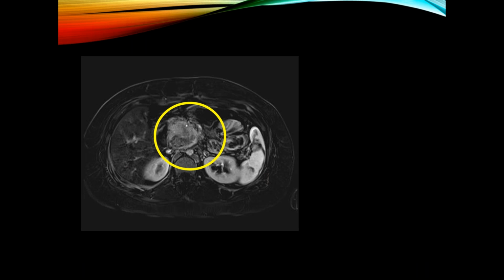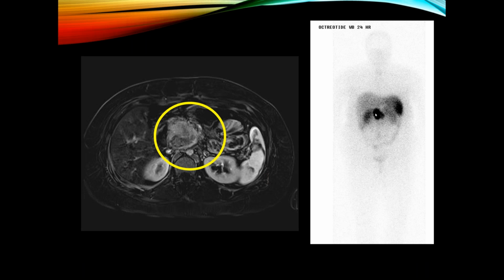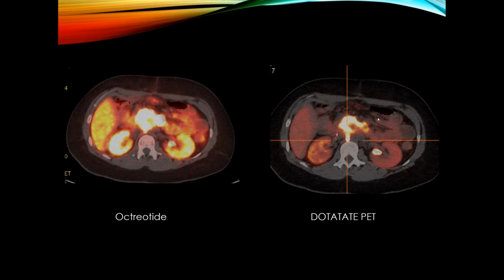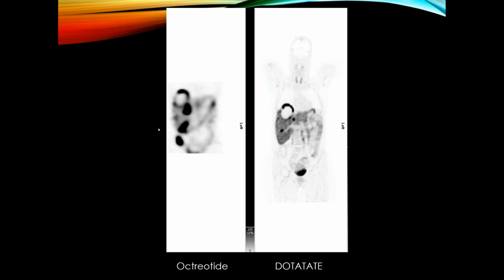Here's that lesion in the pancreas. We did an Octreotide study and the patient had Octreotide uptake. We also did a DOTA-TATE study, and it shows a comparison of SPECT CT versus the DOTA-TATE. You have better spatial resolution and you're able to see more accurately where the tumor is. And then just another example, this is Octreotide on SPECT CT compared to the PET, and you can see that by far DOTA-TATE has better imaging